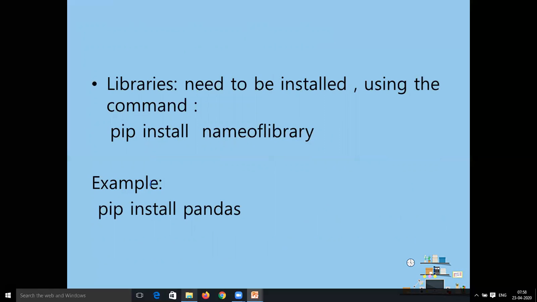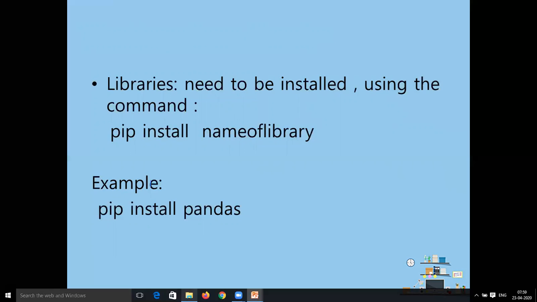The installing command will be pip install followed by the name of the library, and this command we have to give inside the command prompt, or the DOS prompt. Like pip install pandas. And suppose we want to install the MySQL Python connector, then we can write pip install mysql-connector-python.